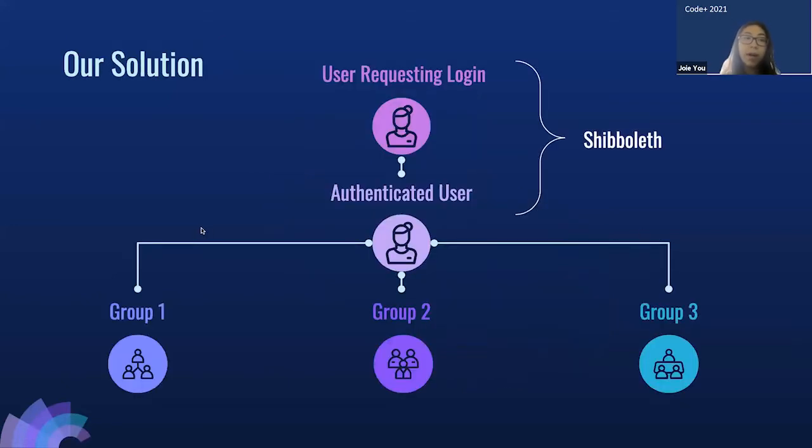So in summary, our solution takes the BasicShib module and makes it more scalable, compatible with Drupal 8 and Drupal 9, and adds on grouper functionality. In action, this would look like a user requesting login through Shib, as shown in the diagram. Then once the user is authenticated, the grouper plugin would talk to the BasicShib module to seamlessly filter out certain